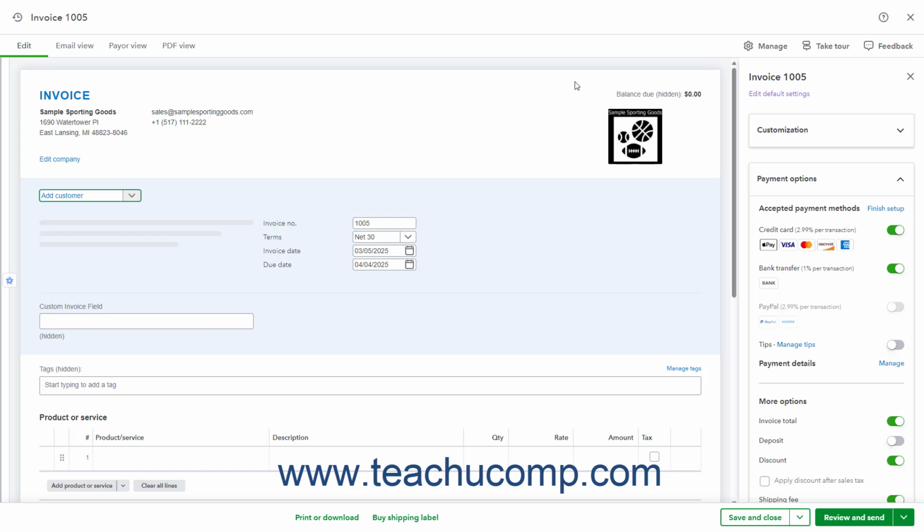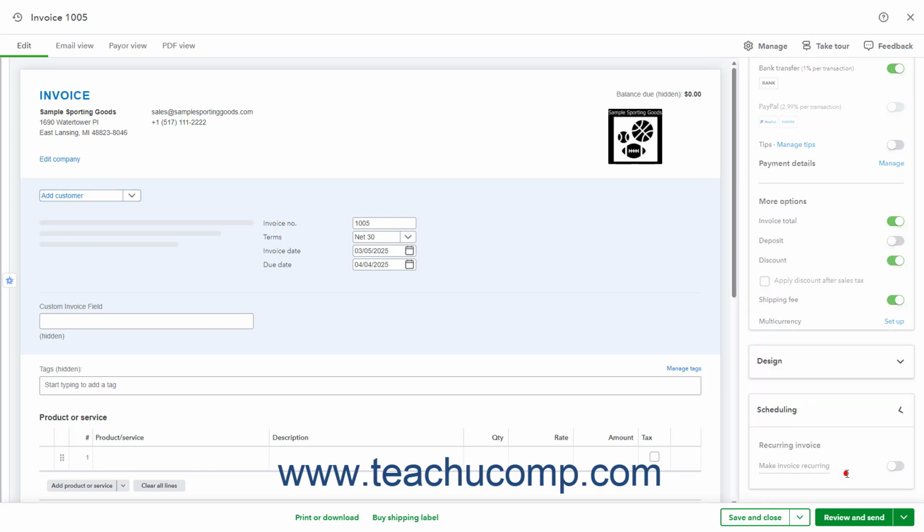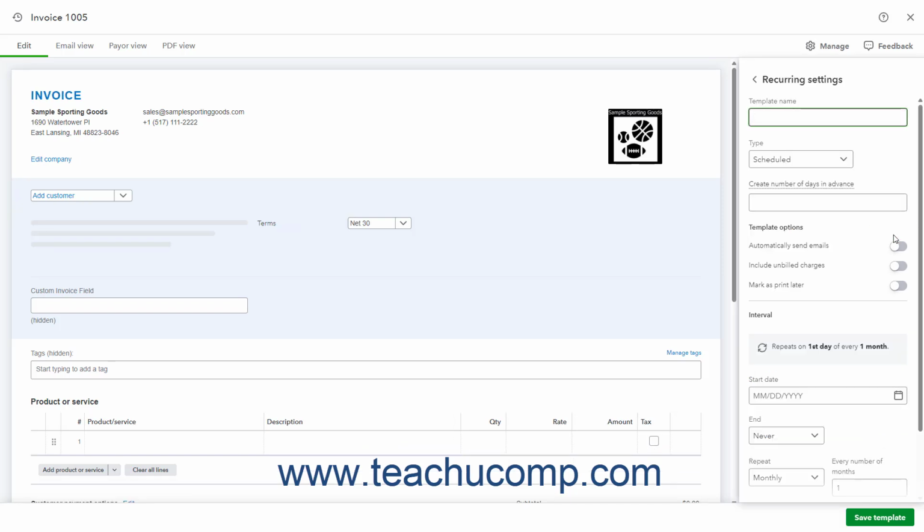Click the Manage button in the toolbar at the top of the Invoice window if needed to show the pane at the right side of the window. Then click the Scheduling section in the pane to expand it. Finally, click the Make Invoice Recurring toggle switch to set it to the On position and open a new Invoice